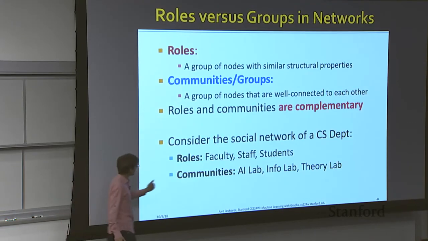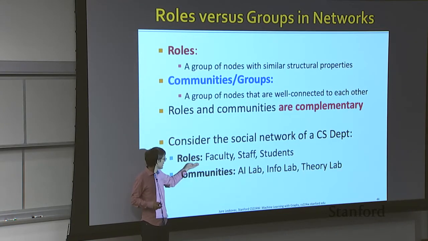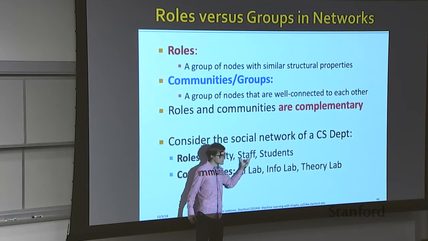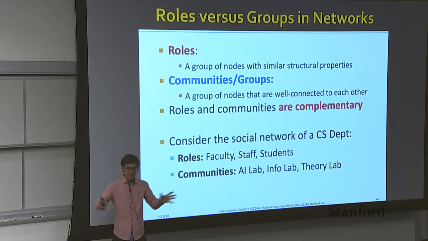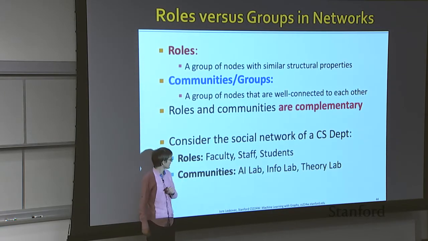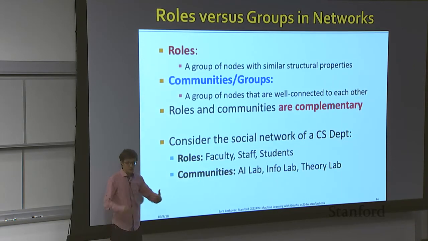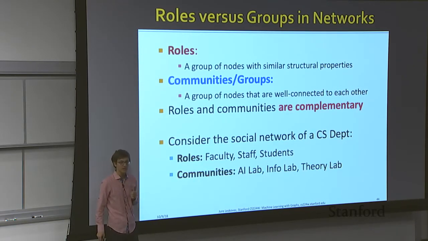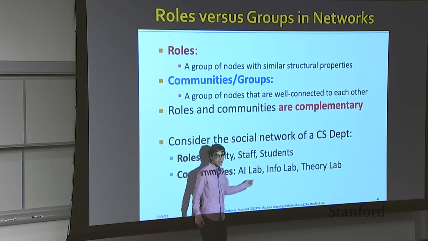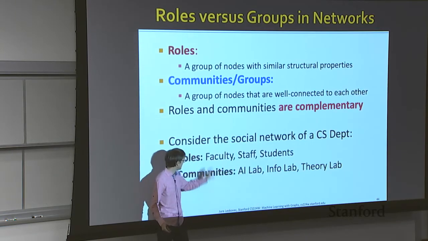Right, so if you think about, let's say, a social network of the Stanford Computer Science Department, then structural roles could be faculty, staff, students, right? Staff, an admin, has a very certain structure of their social network. Faculty have a certain structure of their social network. Students have a typical structure of the social network. But then, for example, communities or groups inside the computer science department could be the AI lab group, the info lab group, the theory lab group, that is composed of people with different